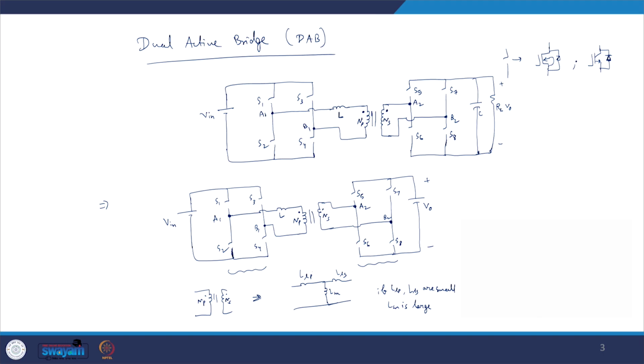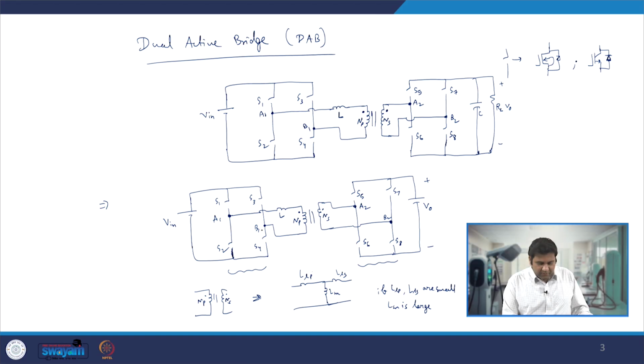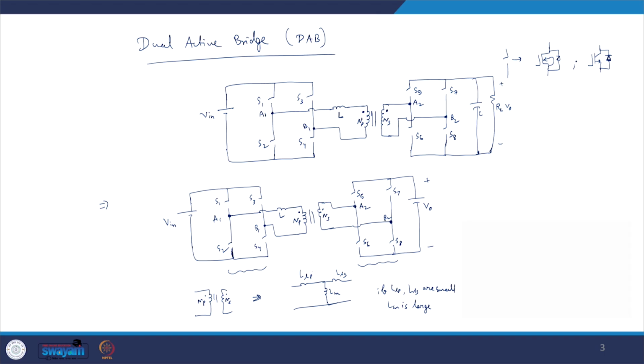Now if you look very carefully, in this particular system we can apply any voltage between 0 and V in from A1 B1 and any voltage between 0 to V0 from A2 B2, obviously in a switching average sense. Since from A2 B2 we can apply any value between 0 and V0, we have to take the A2 B2 voltage referred to the primary side, and that is when we can define the equivalent circuit. We are applying any voltage from A1 B1, and this VA1 B1 is in the